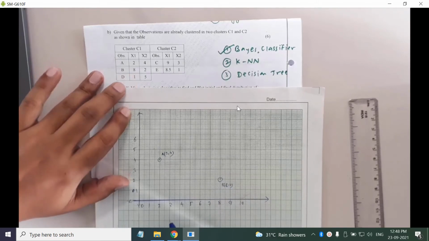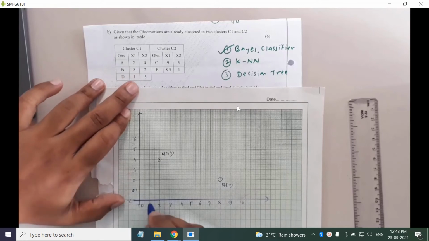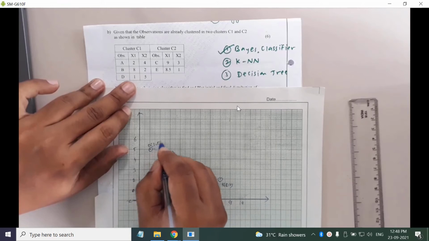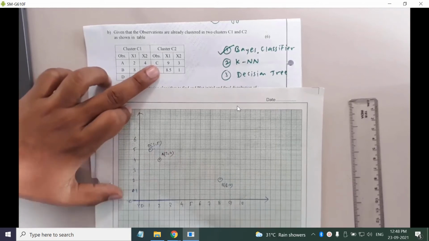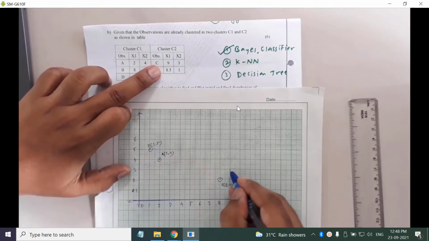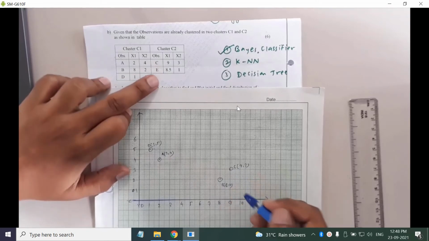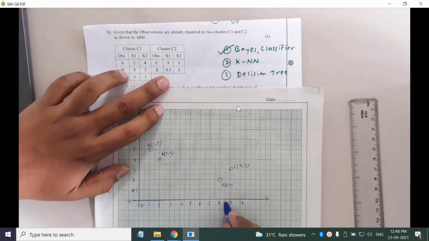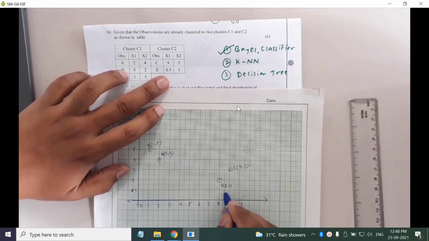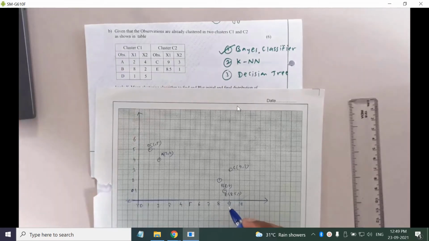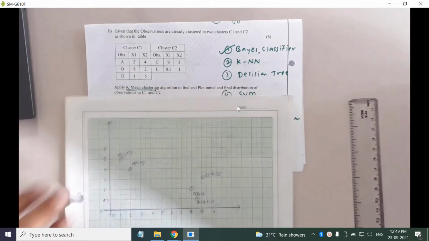Then D point 1, 5. This is my D point, 1, 5. Then C 9, 3. This is my C, 9, 3. Then E 8.5 and 1. That means this one, right? E 8.5, 1. Okay, now we have our initial distribution,